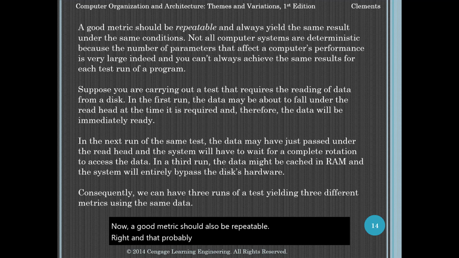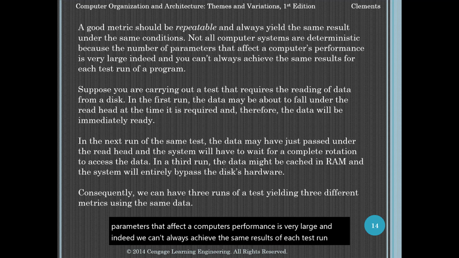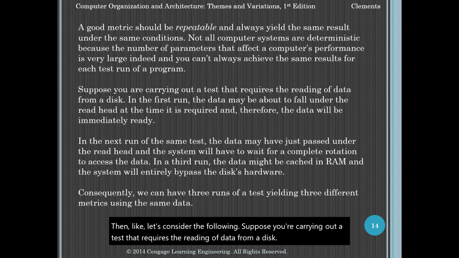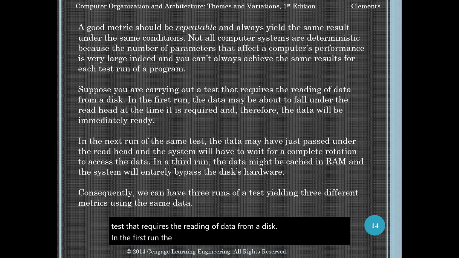Now, a good metric should also be repeatable. That probably feels really intuitive because we want to always yield the same result under the same conditions. Not all computer systems are deterministic, which means they respond in the same way to the same data, because the number of parameters that affect a computer's performance is very large, and indeed, we can't always achieve the same results on each test run of a program. If this seems hard to believe, then let's consider the following. Suppose you're carrying out a test that requires the reading of data from a disk. In the first run, the data might be about to fall under the read head at the time that it's